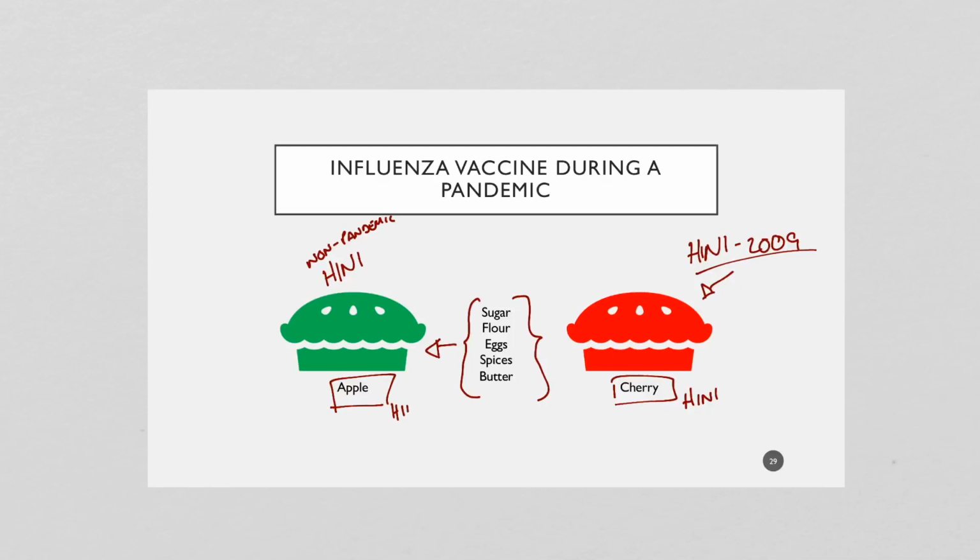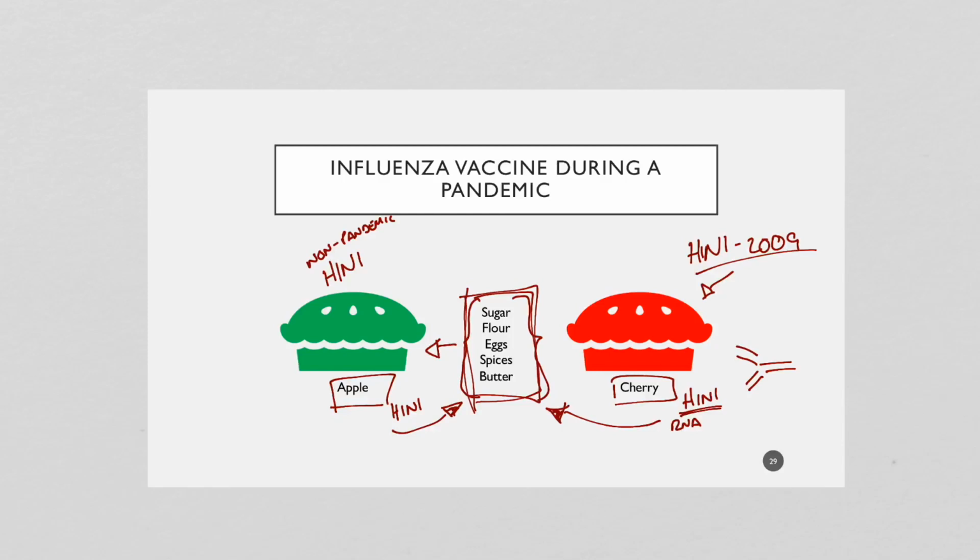For all intents and purposes, those two strains were the same, except for a tiny little piece of RNA code that allowed this H1N1 pandemic to get by our defenses because the antibodies were not matching up exactly with the virus. And so when that happens, then we have a pandemic situation because most of us don't have immunity. The vaccine didn't need to go through phase 1 and phase 2 and phase 3 because we already know how to make the pie. We already know what is going into the pie. The only difference was that little bit of flu from this new strain. And scientifically speaking, there was no difference.